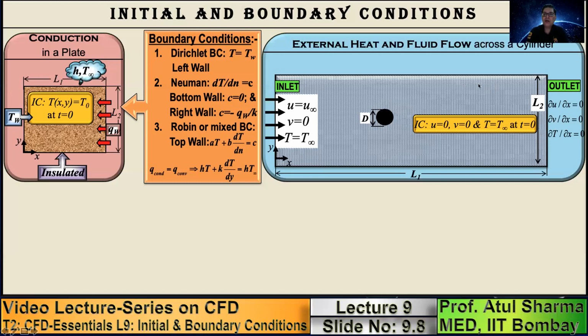Now, corresponding to the boundary conditions which we are using for an external flow problem, we have an inlet boundary condition, which is the realistic boundary condition. However, we have outflow boundary conditions on the right wall, and on the top and bottom walls we use a boundary condition which is called free slip boundary conditions.